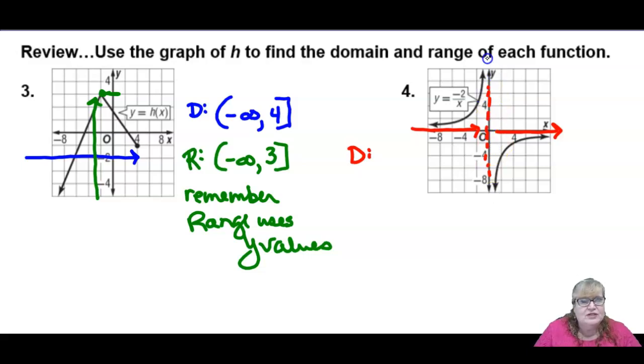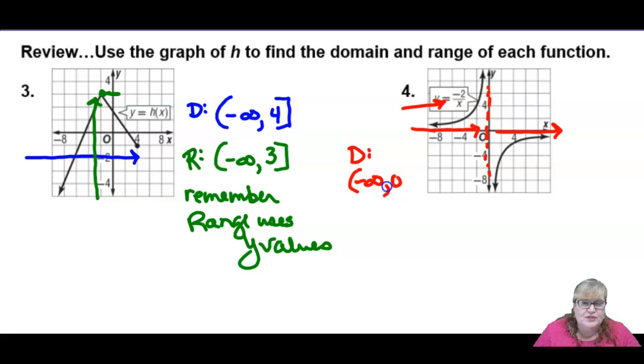Now, it's a little hard to tell, but this graph actually gets closer and closer. If you think about that, if you put in tiny little numbers here, -2 divided by -0.5 would be 4, but -2 divided by -0.0001 would be like 5,000. Okay, you can get closer and closer. The values you can put in can be anything except 0. Does everybody see that? You cannot divide by 0, so it is all real numbers